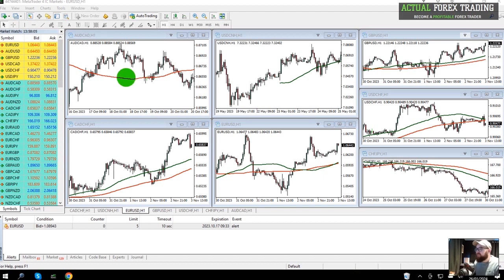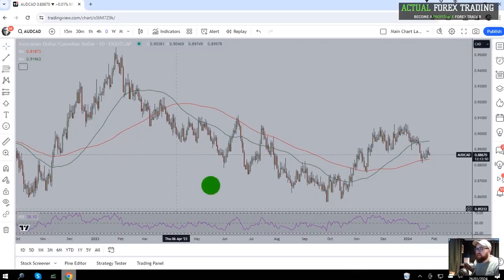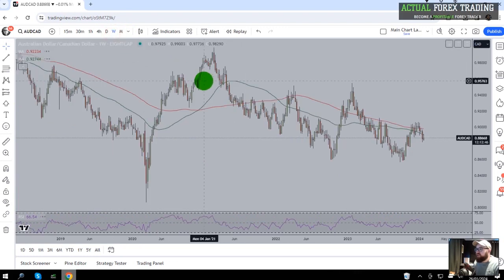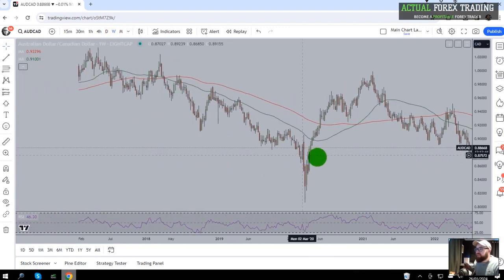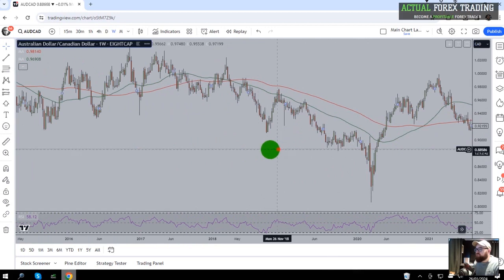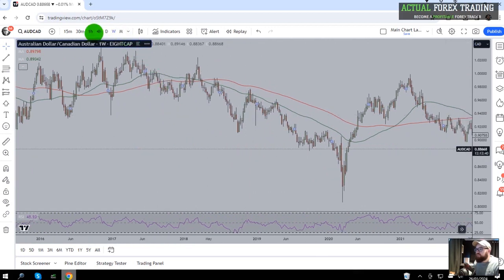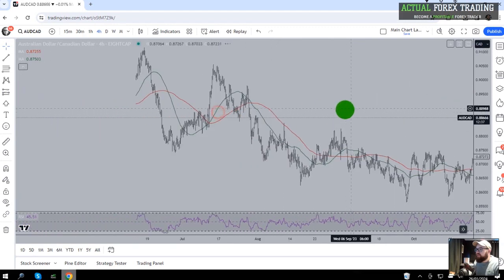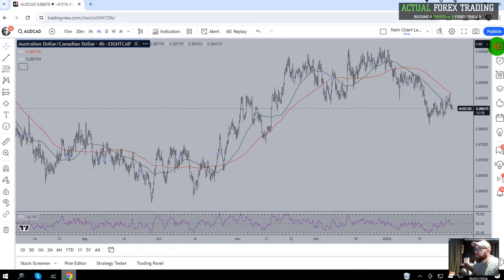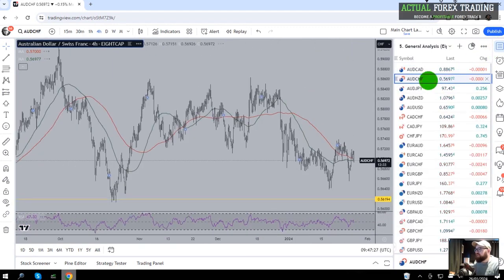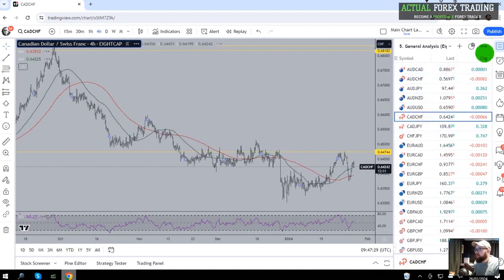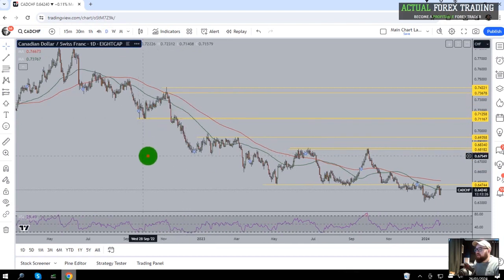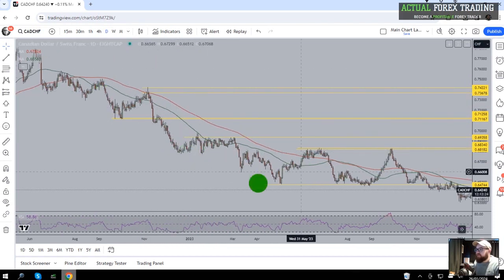That's the end of the slide, but let's have a look at some dynamic support and resistance. Let's use TradingView this time. So if we look at, say, a trend, let's find a nice trend. It's very choppy, isn't it? I don't know why I chose Australian dollar, Canadian dollar. Let's have a look at, say, Canadian dollar, Swiss franc. Let's see what's happening here. So, if we look at this downtrend here,